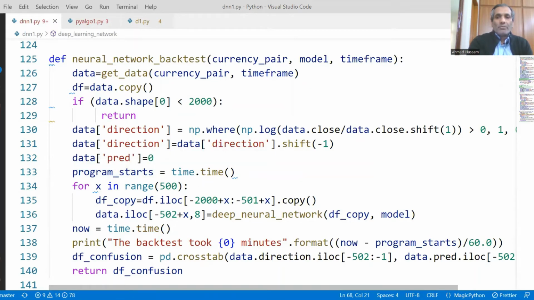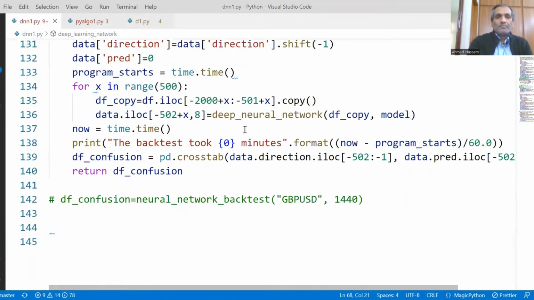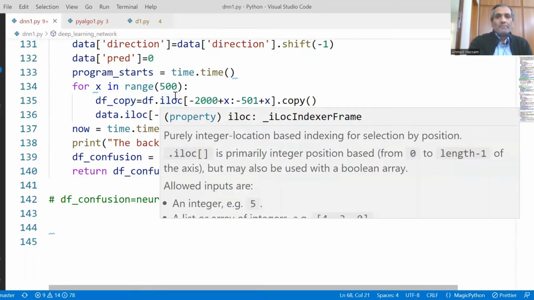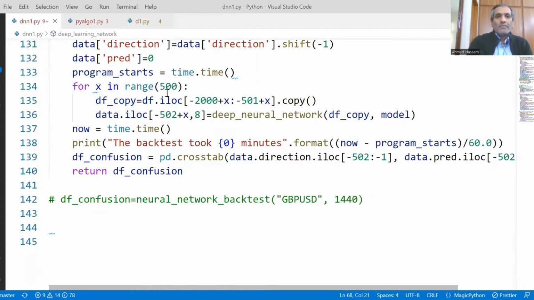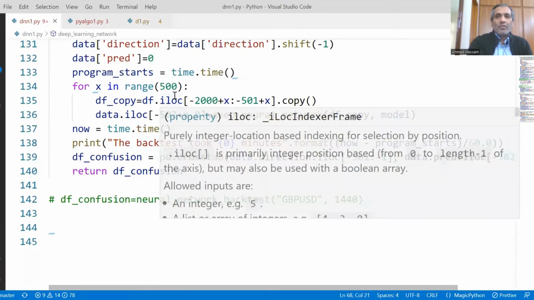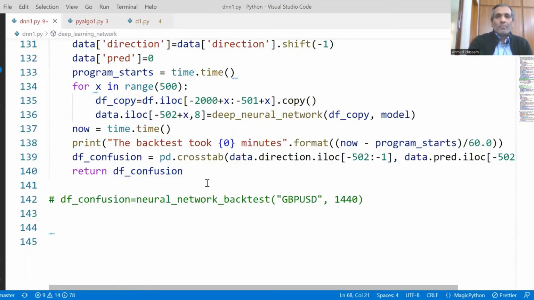Add a direction column, shift the direction column one step back, add a prediction column. Now we want to time the backtest also. For x in range 500, so we are going to use the 500 most recent daily bars, or 500 most recent bars, whatever time frame we want to backtest.